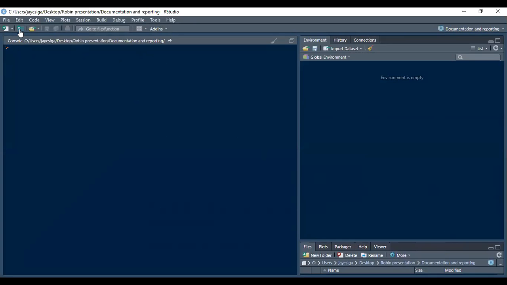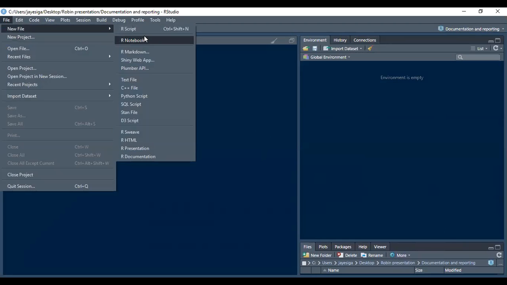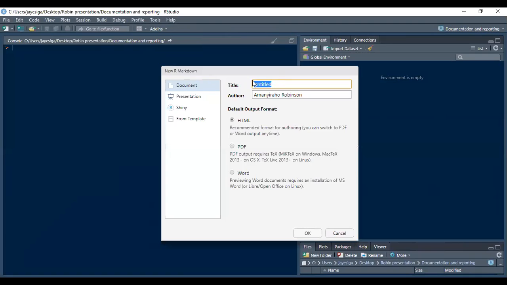So the first thing you do, you come to File, and then you say New File, and then after that you look for R Markdown. When you look for R Markdown, you can leave it at Document. These other ones really come in later. There's an output called Shiny. You can do a presentation. I'll show you that later, and also you can use a